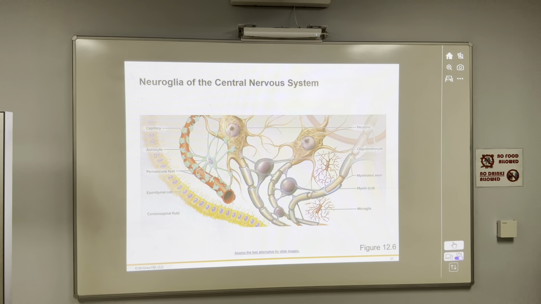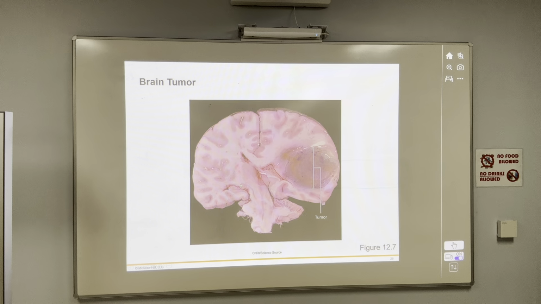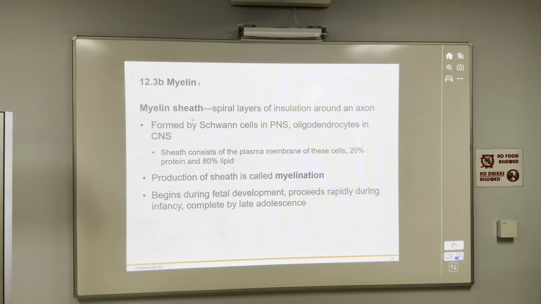That's the capillary, the astrocyte, and the ependymal cell that makes the cerebrospinal fluid. And you see those Schwann cells. That's an example of a glia. The Schwann cell makes myelin sheath, but it doesn't really do any integration and control. The satellite cells surround the nerve cell body like a satellite, and they provide insulation. And you see the brain tumor is because one of those microglia developed cancer, then it spread to nearby tissue.